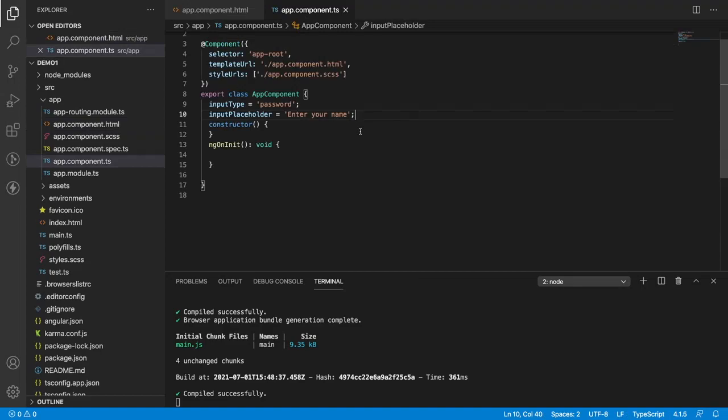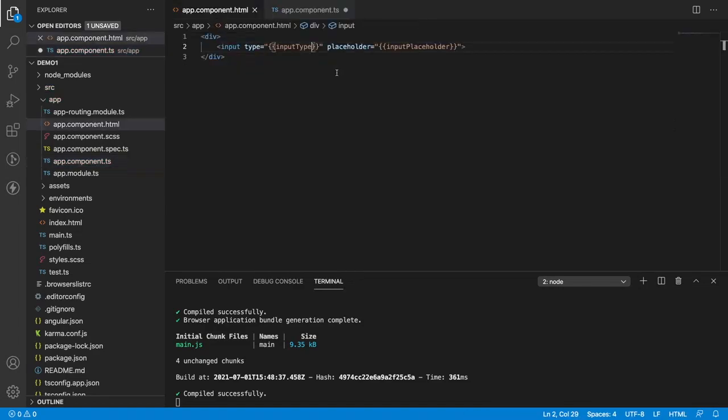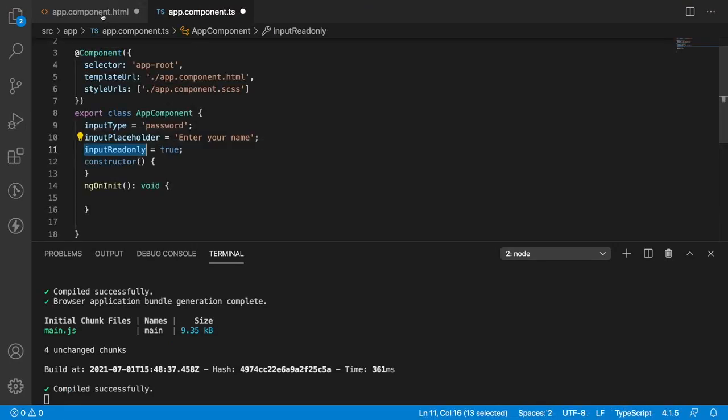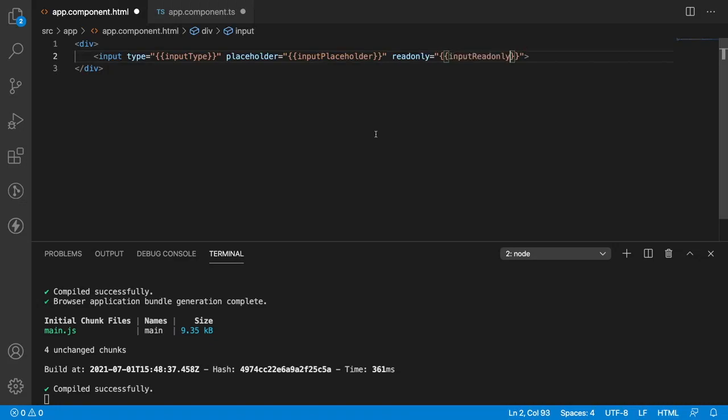Let me create inputReadonly equal to true. Let me use this inputReadonly inside the readonly property of the input field. Let me give readonly equal to interpolation, and I'm giving inputReadonly as a binding.